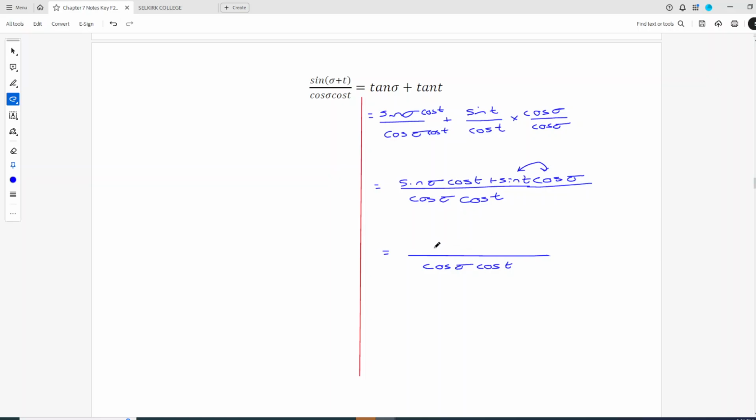So I'm going to replace this as a sine sum and difference identity. Sine, you always match the sign. And then I would have sine of sigma plus tau, and my left side is equal to my right side. And again, you could have worked with the left-hand side or the right-hand side, but I chose just to work with my right. All right,